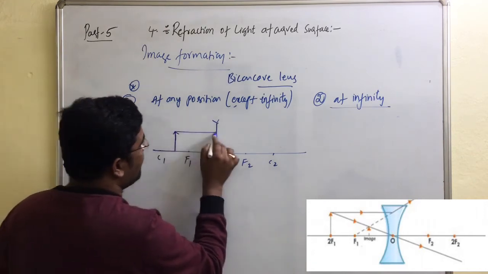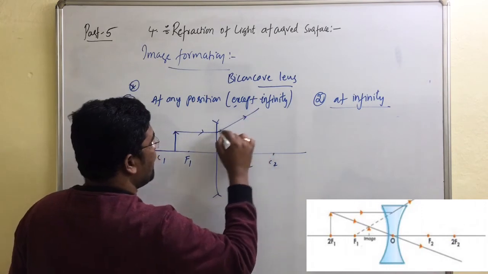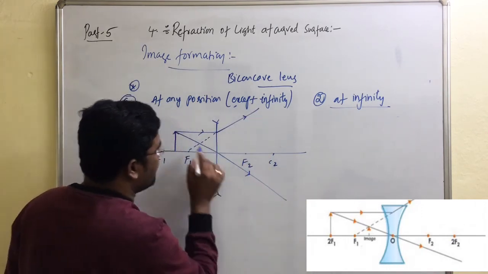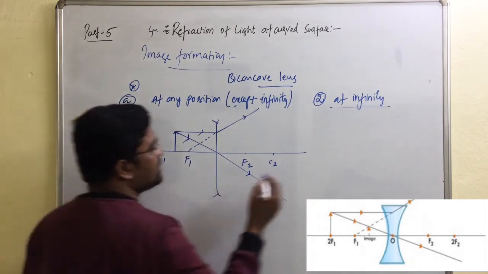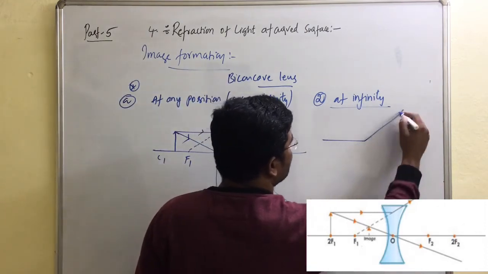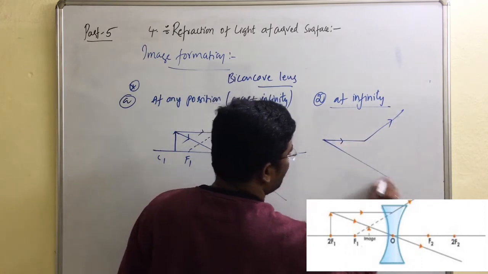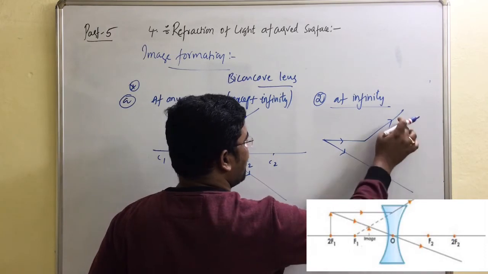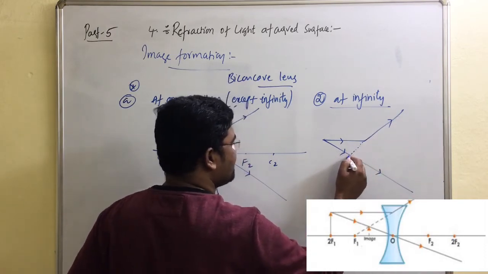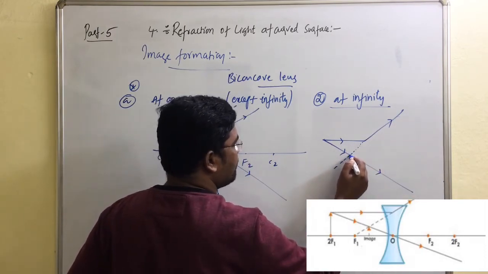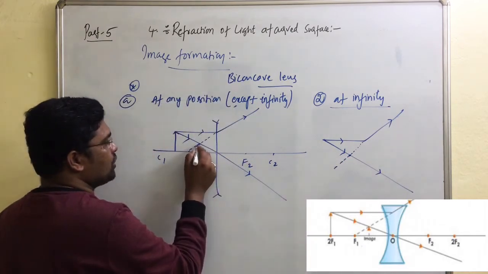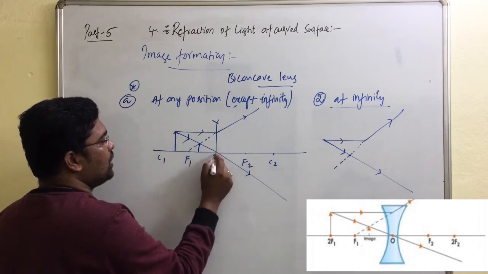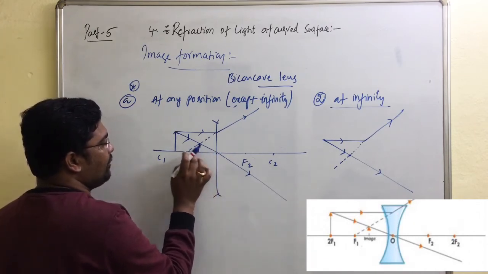The first rule, a ray parallel to the principal axis diverges as if it is passing through the focus. The second, I will consider a ray passing through the optic center and undeviated. So this is how the light ray passing parallel to the principal axis is diverging. The next ray is passing through the optic center undeviated. These two refracted light rays are not intersecting. When I extend them back, these two are intersecting at this point. Now that point is my position of image. When I draw this line, it gives the position of the image. So I get the image between F1 and O.